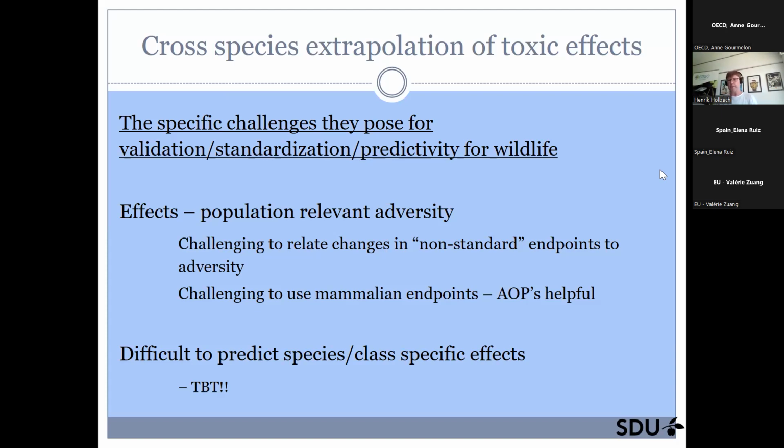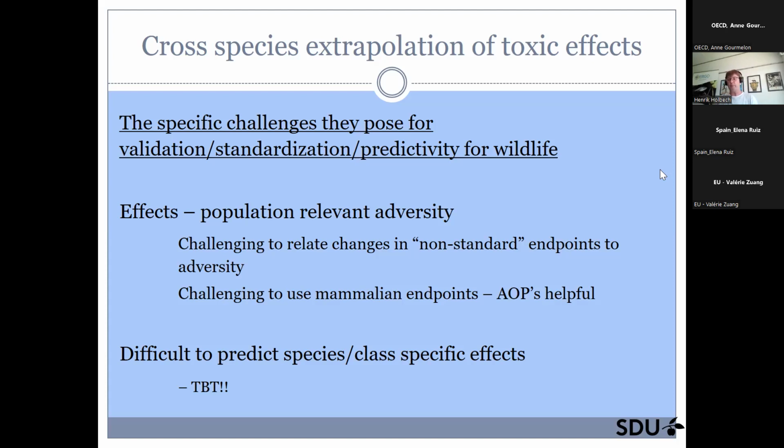non-mammalian vertebrates. And then one thing that is very specific for ecotox is that it can be very difficult to predict species and class-specific effects. I think one good example is tributyltin that causes this effect in gastropod